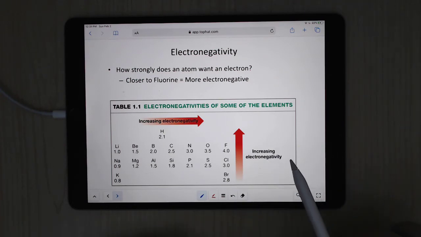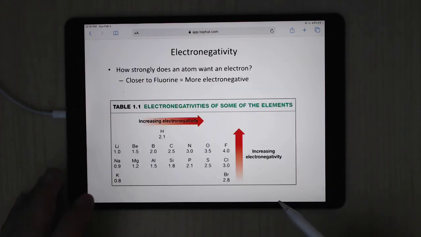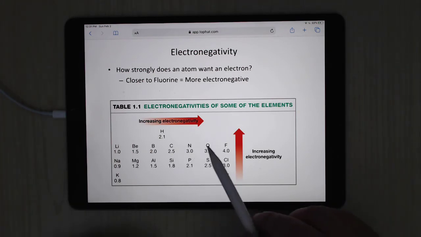neon, that noble gas configuration, and it has very few core electrons. The only core electrons it has are those two electrons in the 1s, and so the valence electrons can really feel the core protons in that nucleus. And so to determine if it's a covalent or polar covalent bond, we're going to be looking at the difference between these two